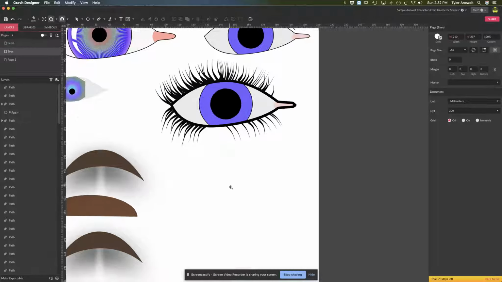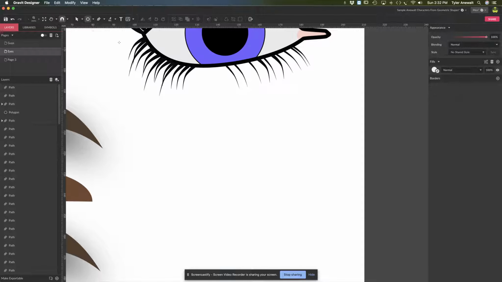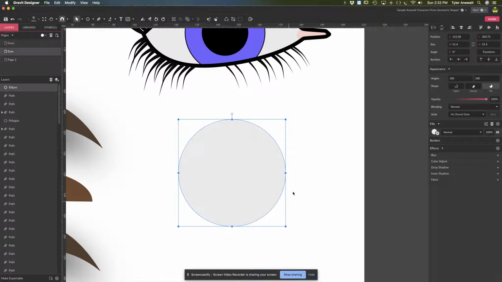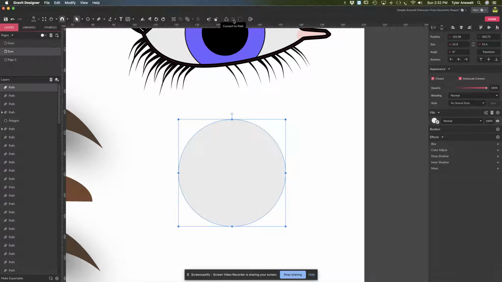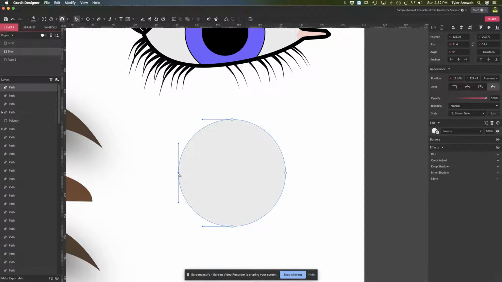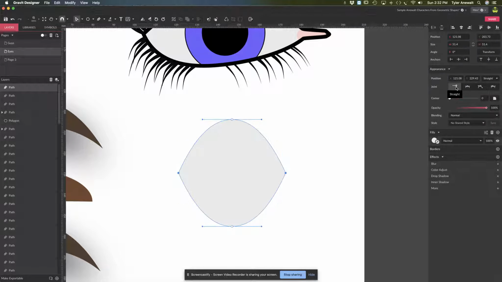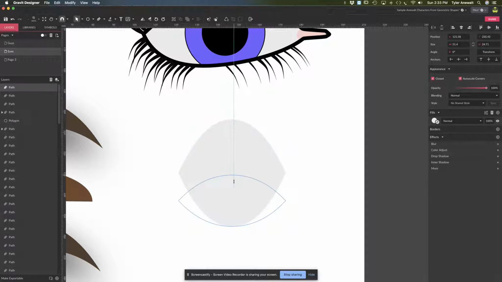So to create a better eye, we start with an oval or a circle, and then convert these two anchor points. So you need to do this. It's convert to path, and then with the sub selection tool, you can click this anchor point, hold down shift, and then click that anchor point. So those two anchor points are selected. I'm going to change the joint to straight, so they come to like a point. Go back to my pointer tool, resize that guy a little bit, and then go back to sub-select tool,